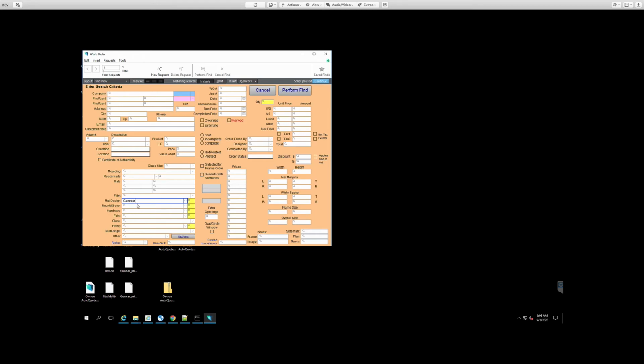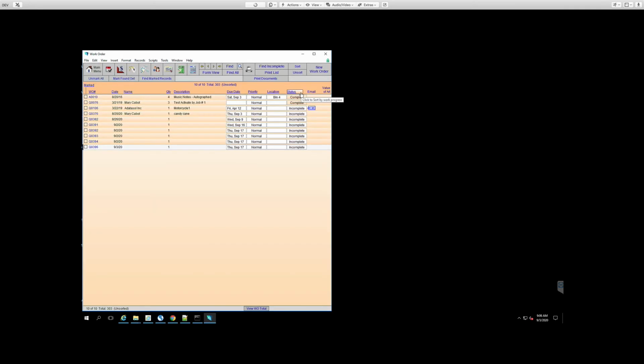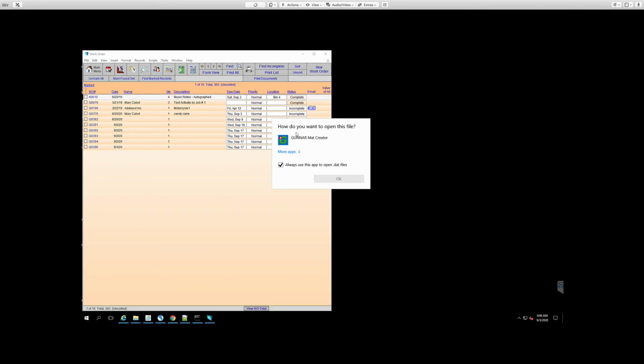So from here, I'm just going to find all Gunnar templates, and I'll hit perform find. I've got all of them here. I can see I've got 1, 2, 3, 4, 5, 6, 7, 8, 9, 10 in the system. So let me just pull up the menu that you see here. So you will want to click from here once you have all those pulled up in the perform, and there is a create Gunnar Autoload files. So if I click that, it's going to create that Autoload file,